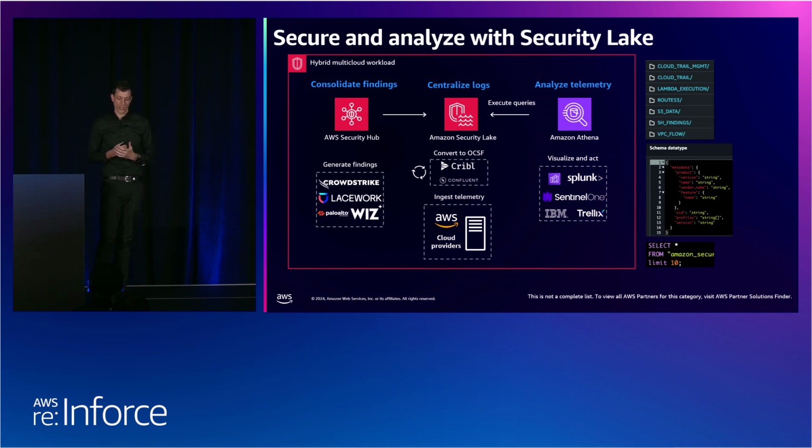Now we can work on consolidating the findings. AWS Security Hub simplifies the process of managing large volumes of findings from multiple providers and sources, and it reduces a lot of the effort required to manage and improve security of all your AWS accounts and resources and workloads. Security Hub also correlates findings across integrated products to prioritize the most critical ones to the surface.